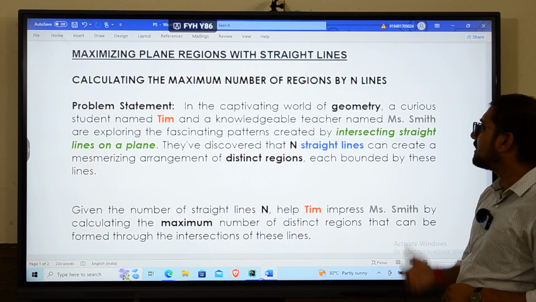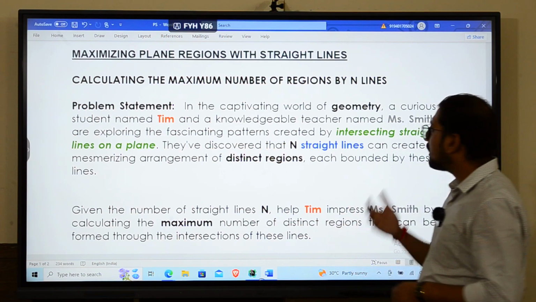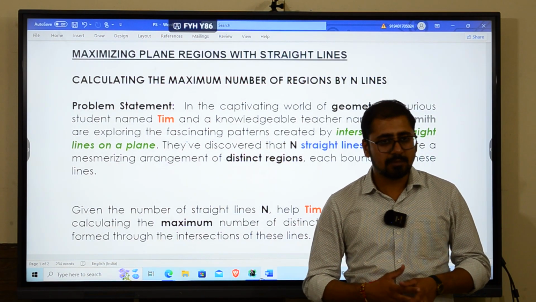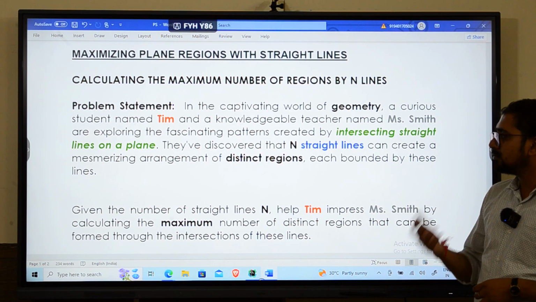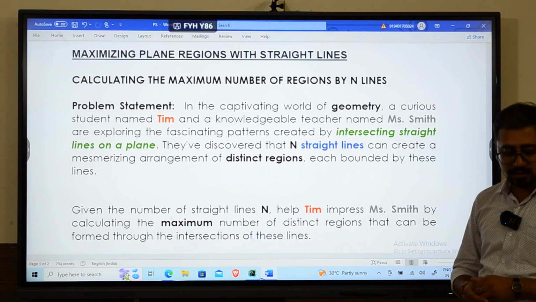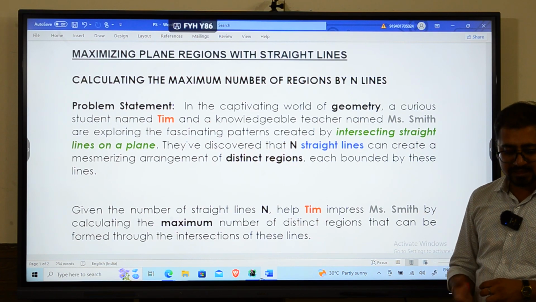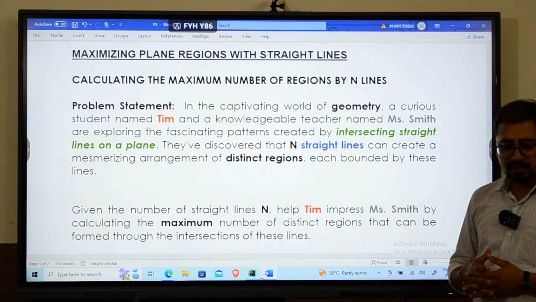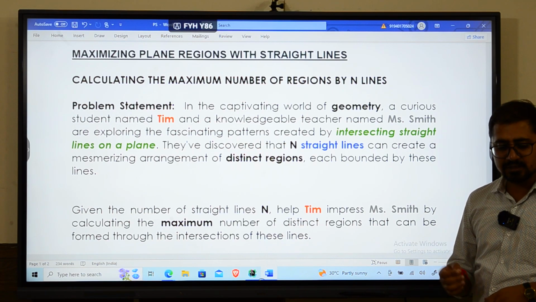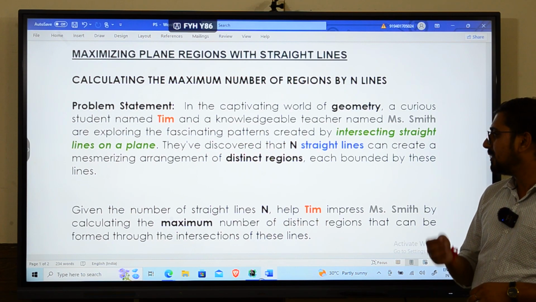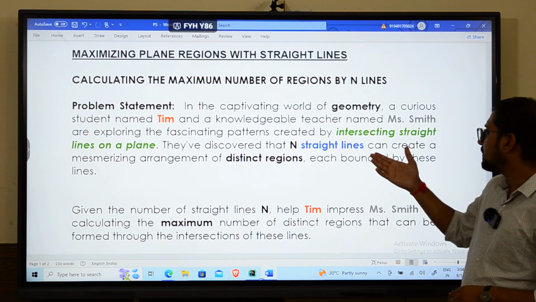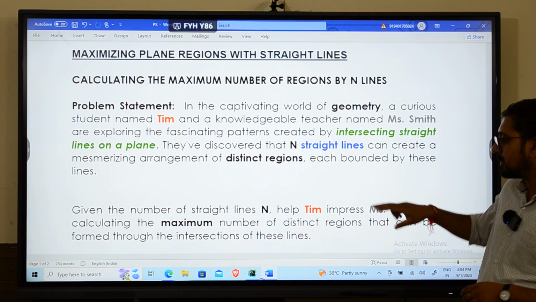In the captivating world of geometry, a curious student named Tim and a knowledgeable teacher named Miss Smith are exploring the fascinating patterns created by intersecting straight lines on a plane. They have discovered that n straight lines can create a mesmerizing arrangement of distinct regions, each bounded by these lines. Now here